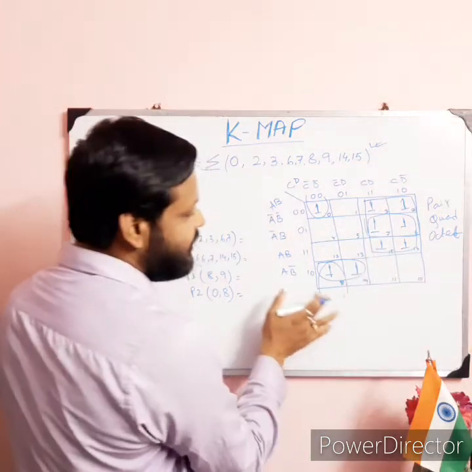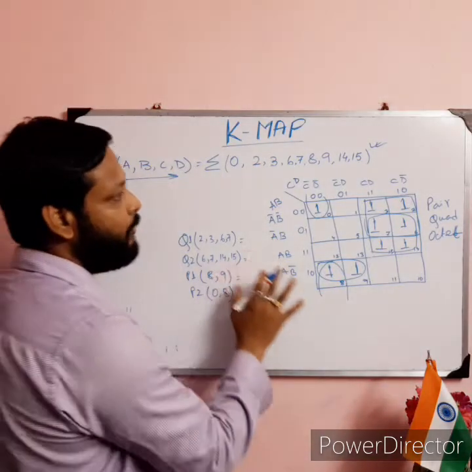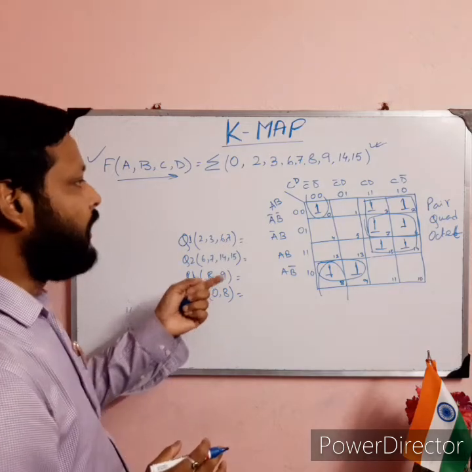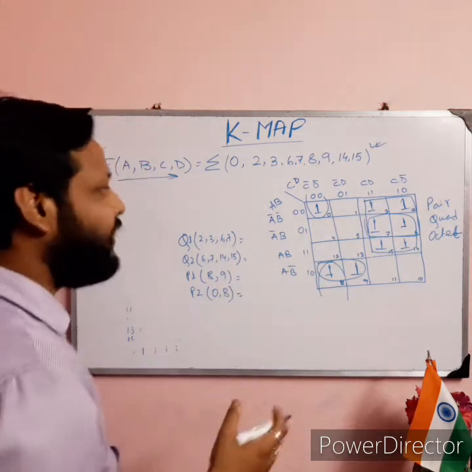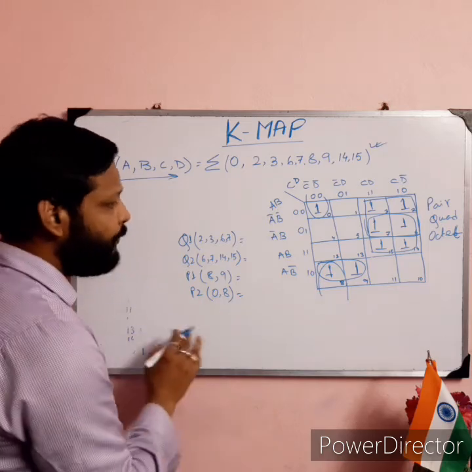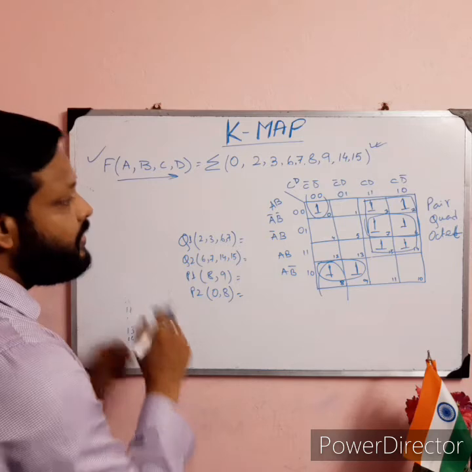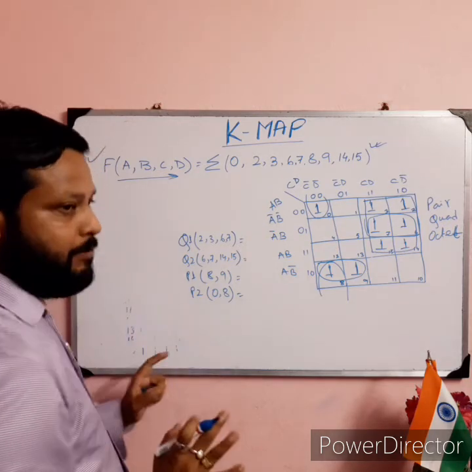To draw this K-map, give the proper identifications. Out of 4 marks we will get 1, and to find out the term with proper plotting we will get 3 marks out of 4, and 1 mark is allotted to draw the logic circuit diagram of this reduced expression. This is question number 4A, 5 marks.